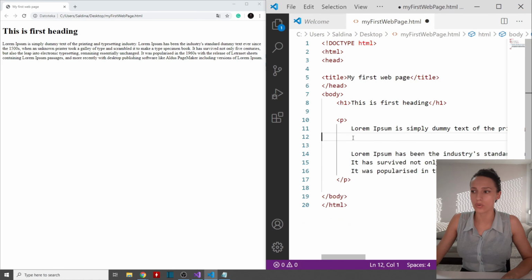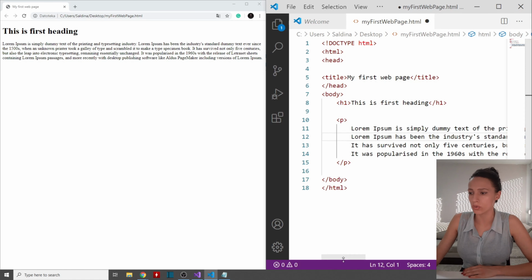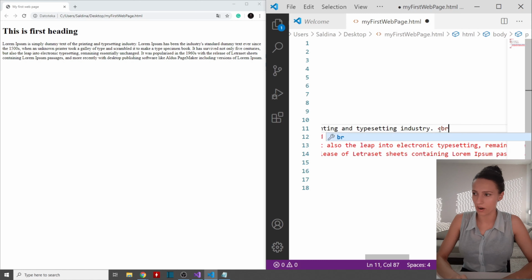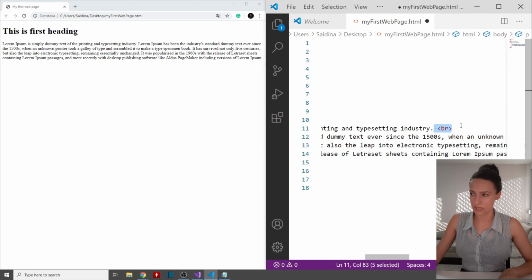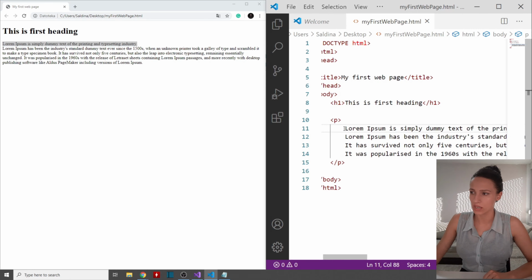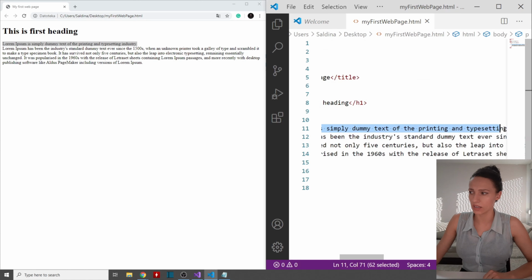And the tag that is used in order to break line, in order to put a new line, is going to be the BR tag. So here I'm going to put BR like this, okay? And then this tag is used in order to put a new line to your web page. So if I save this document now and then try to refresh it, as you can see, now my first line in my web browser is only this text here. So it really contains only this sentence until it comes to this